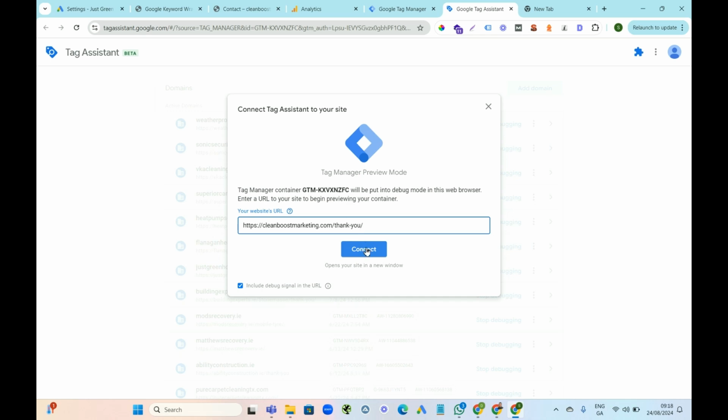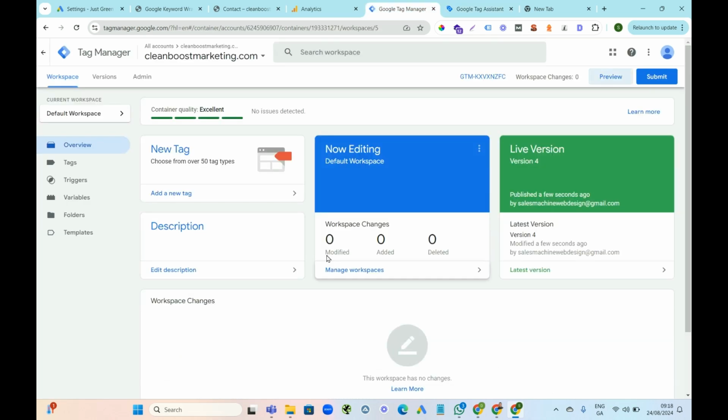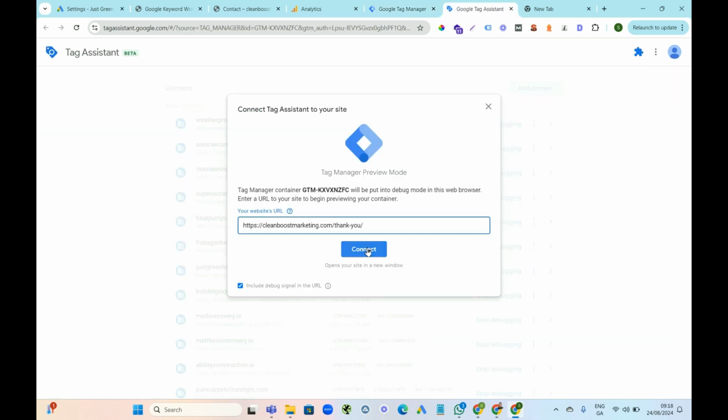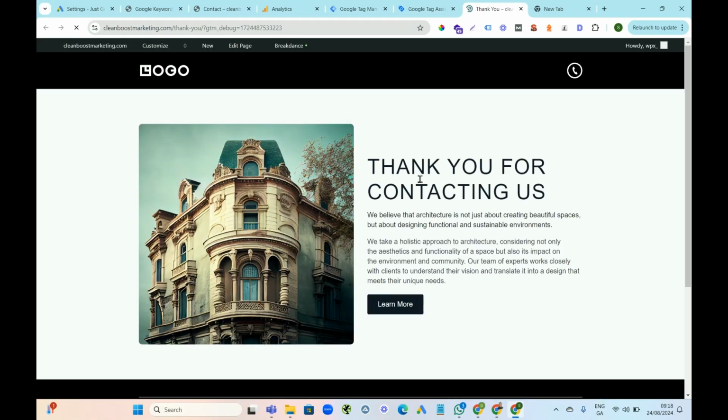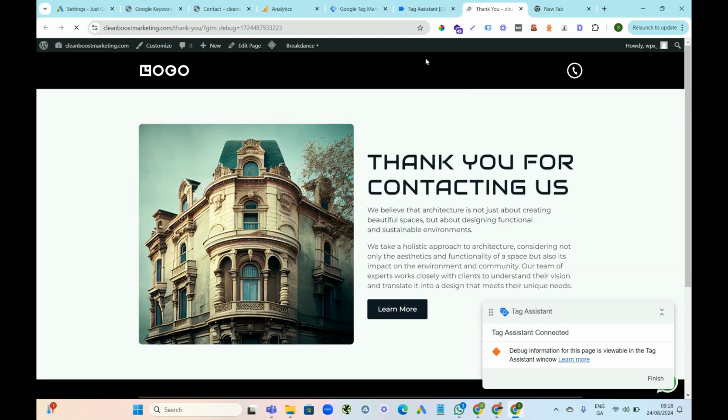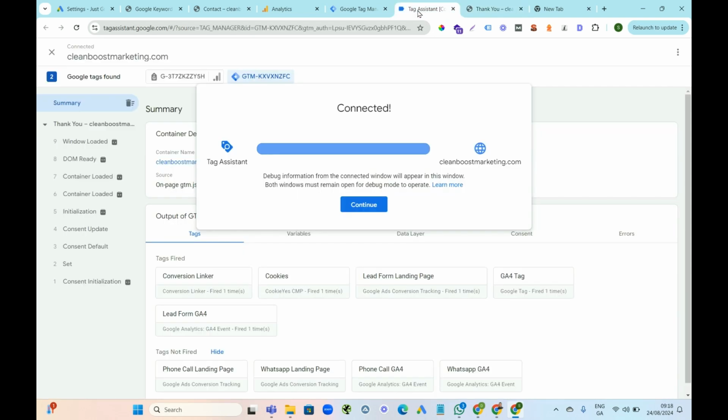thank-you, and when I land on this page, the rest of those tags that we saw a while ago should fire as soon as I land in it, because that's the trigger that we set up. A page view, someone lands on that page, that's when the tags fire. So there we go, lead form, page view fired, and the GA4 tag fired. So now